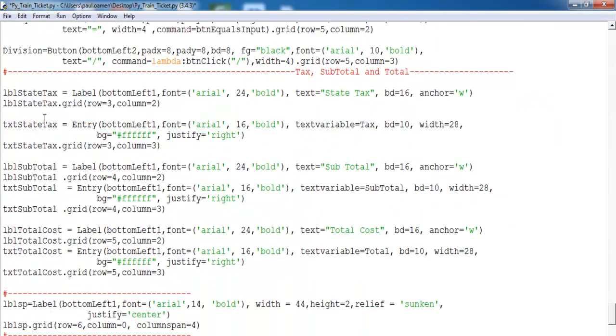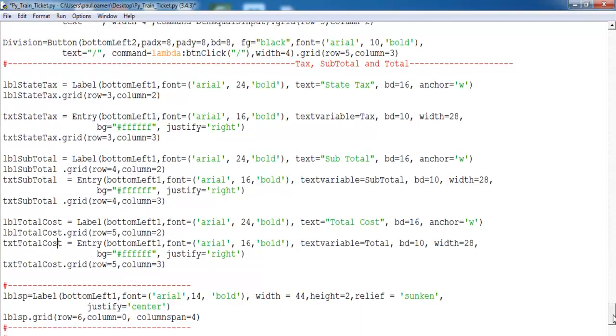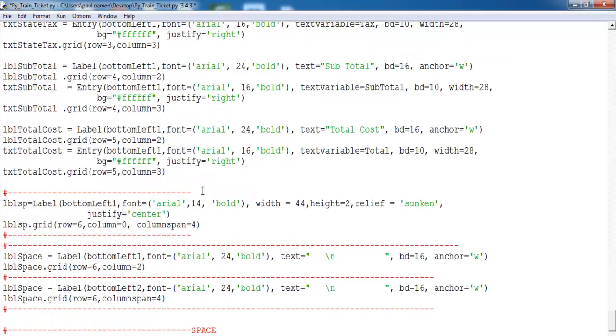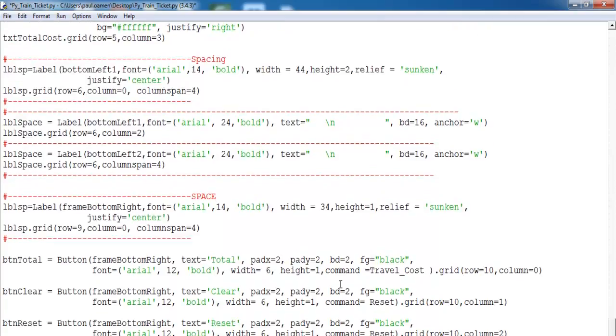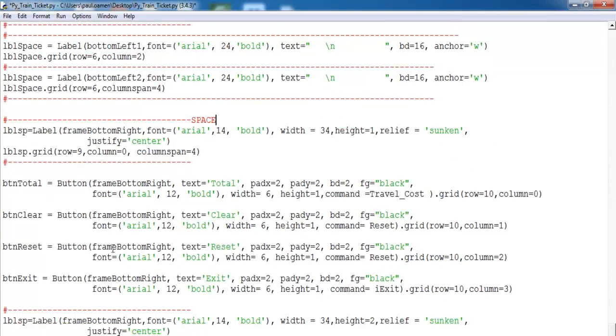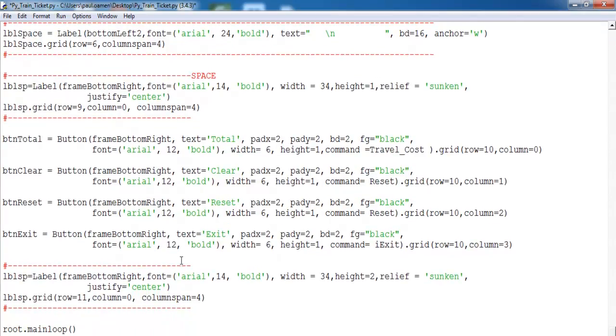And here I have the tax, subtotal, total, and one more space here. Oh, there's another one. Spacing. I use that for space, and there's another one here. And here I have all my buttons: total button, clear button, reset button, exit button. One more space here,